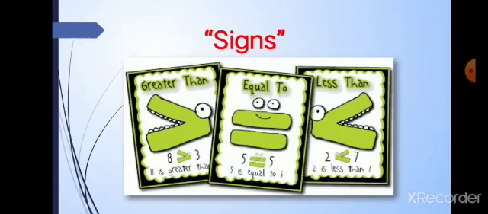Yes, 8. So we just put this sign here. If there is a greater number first, then we put the greater than sign. But if there is a smaller number first, then we write the less than sign. This sign is known as less than. Why less than? Because from this side the alligator face is closed, and from this side the alligator face is open. So remember,